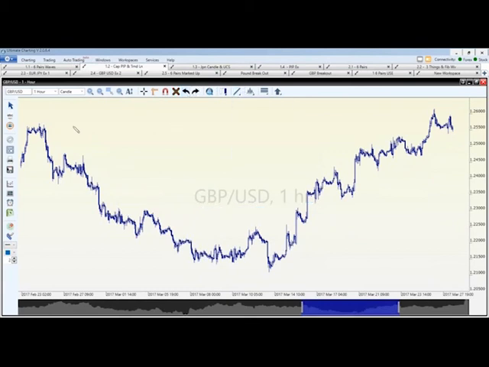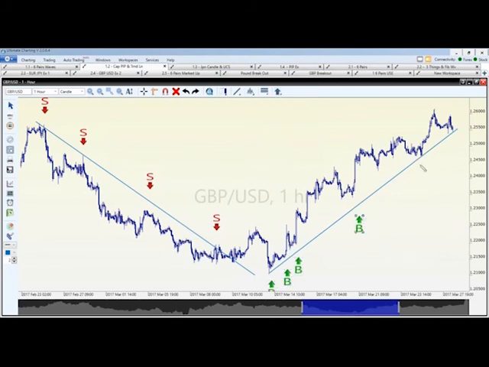And I want you to notice, does everybody see how it follows trends, and it follows this trend line? Does everybody see that? So an example would be every time it comes up close to this line, it gives us a sell signal, okay? And then there's a reversal, and then it does it on the way up as well. And it gives us these beautiful opportunities to take advantage. Does everybody see that?